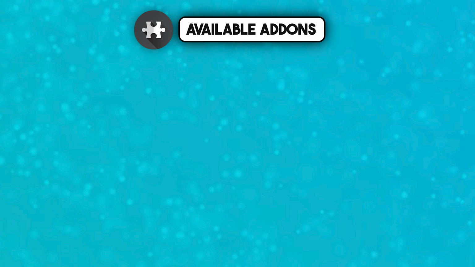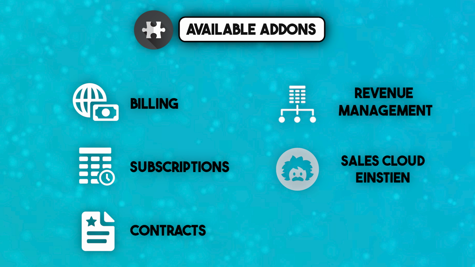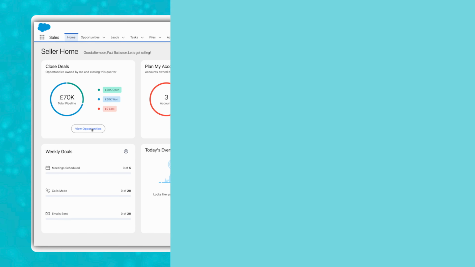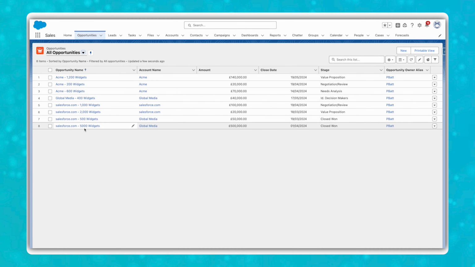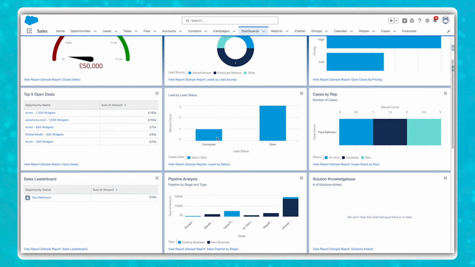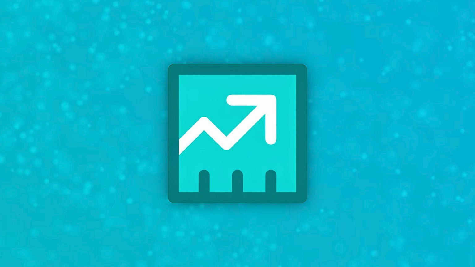There are also a number of add-ons to help with billing, subscriptions, contracts, revenue management, and to enhance the application with artificial intelligence using Sales Cloud Einstein. Salesforce Sales Cloud is designed to help sales teams manage their sales processes more effectively, winning more work. It helps sales teams track their customers through their journey and integrates with other Salesforce products such as Salesforce Service